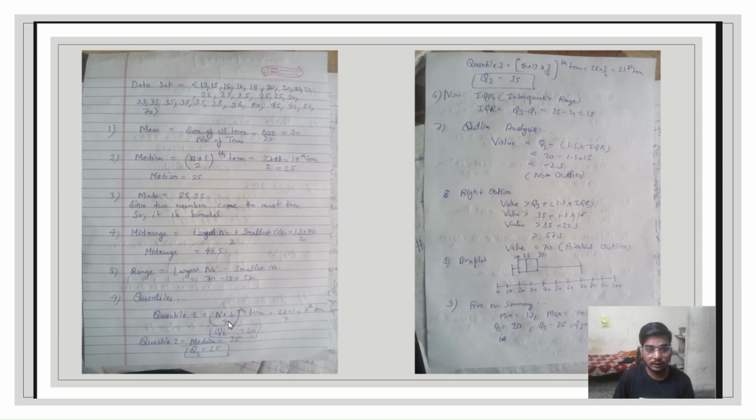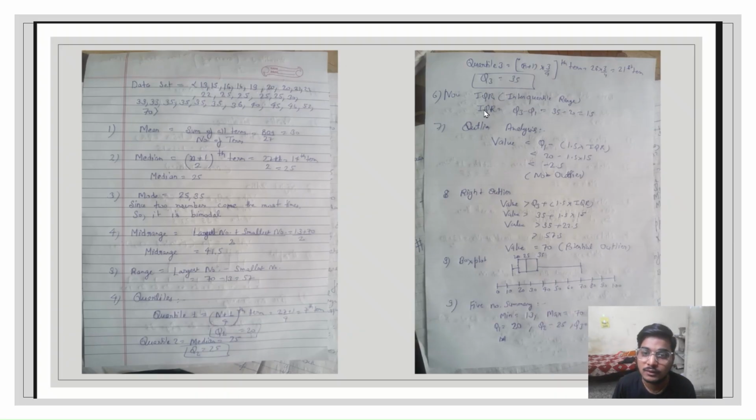Q1 can be calculated using the formula (n plus 1) by 2 term. That will give us the 7th term, that is 20. Q2 will be calculated easily as it is the median of the given data set, that is 25. Q3 can be calculated using the formula (n plus 1) into 3 by 4 term, that is the 21st term,